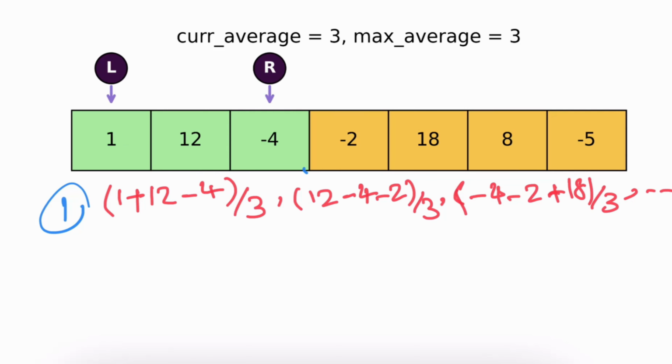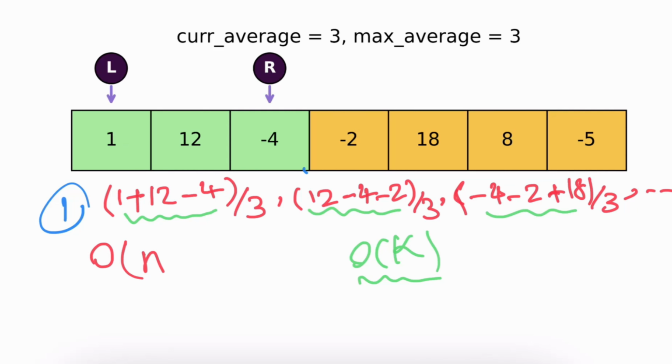So in this way, we are moving our left pointer and right pointer to the end of the array. So we have a time complexity of O of n, and then in our loop, we have to find the summation of the window size. So at each time that we are moving our pointer, we have to find this summation. And this summation will be O of k, O of the length of our window size. So overall, with this approach, the time complexity will be O of n times k,